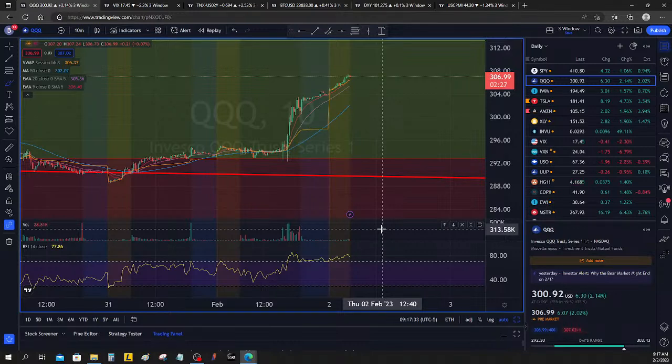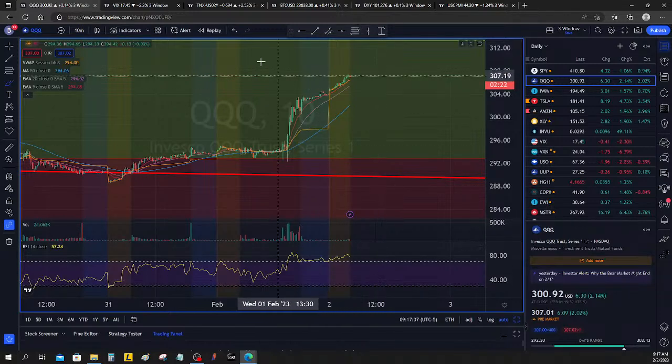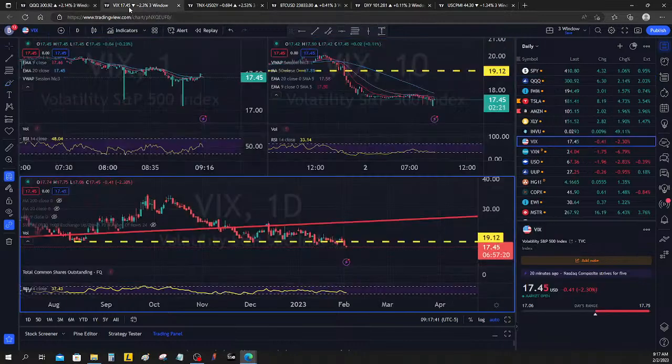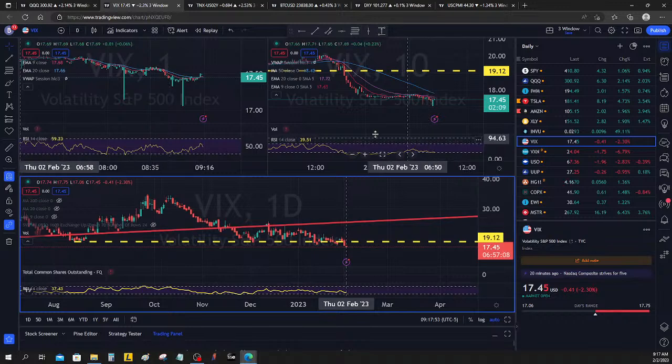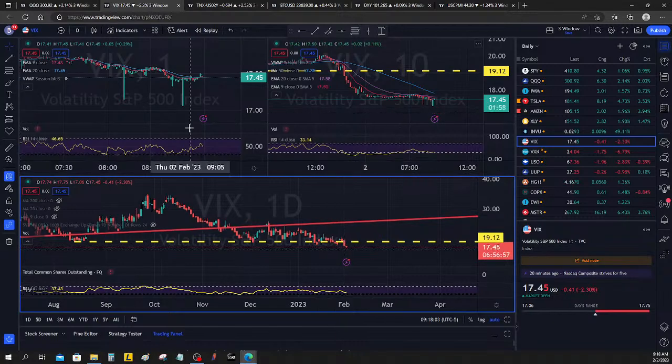So if I can get a dip into oversold on the Qs in conjunction with overbought on the VIX, which of course you can't buy the VIX itself, you can buy derivatives of the VIX. So this is just purely a metric, but it tends to work out that when these two relative strength indexes, I say two, but they're actually four,